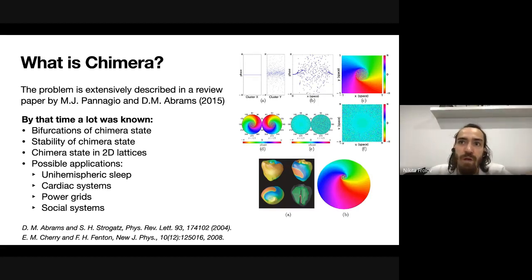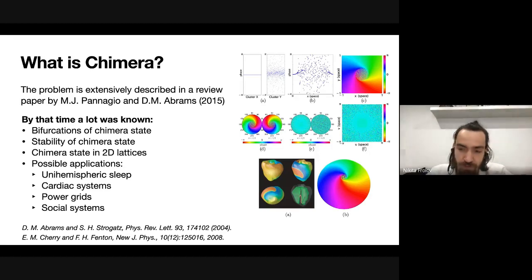It means that while they are sleeping, one half of the brain, one hemisphere of the brain, demonstrates synchronized behavior, a well-pronounced rhythm, while the other remains unsynchronized and demonstrates noisy behavior. The cardiac system: in this slide you can see the spiral waves achieved in the simulations of the heart muscles. Power grids and social systems also exhibit